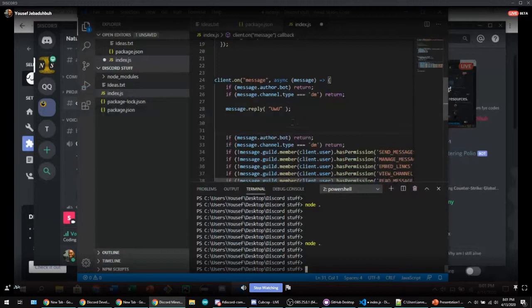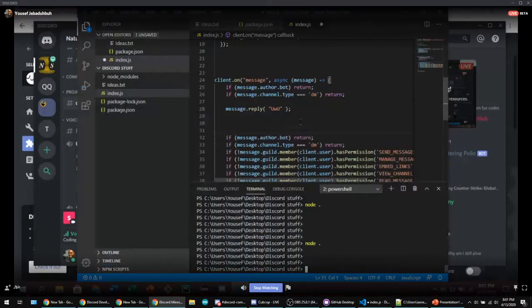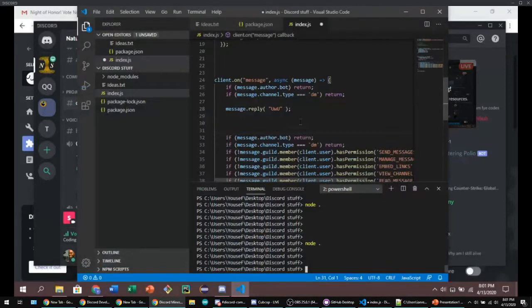So say something like character array message equals message dot content dot split with an empty string, so it splits it at every character, and you just treat it like an array. You go through the array. If you find a letter that should be uppercase or should be changed to U or W, then you change it for that specific index,